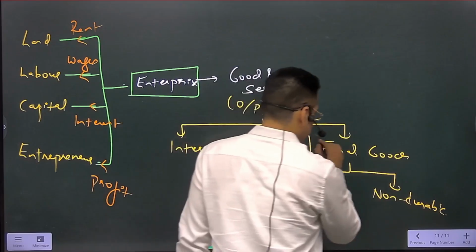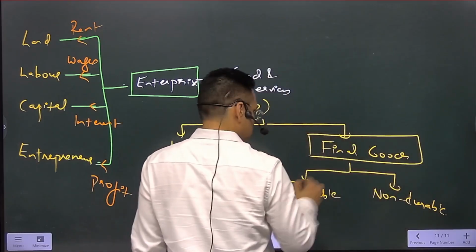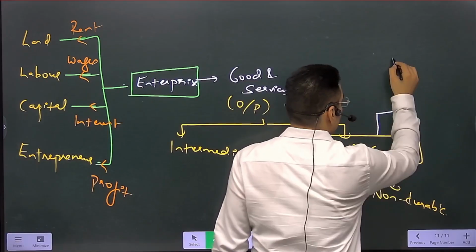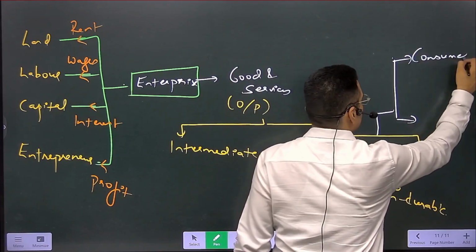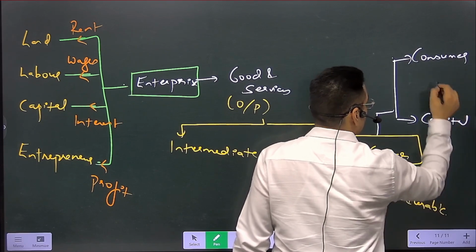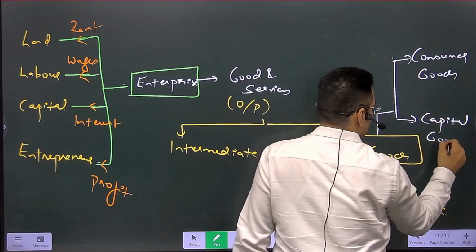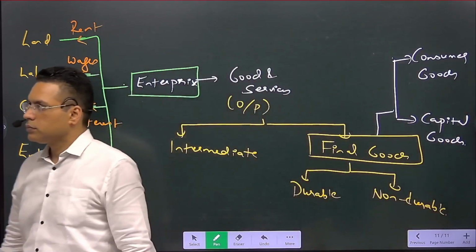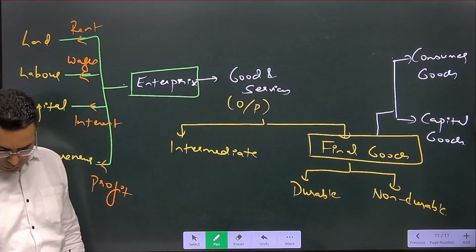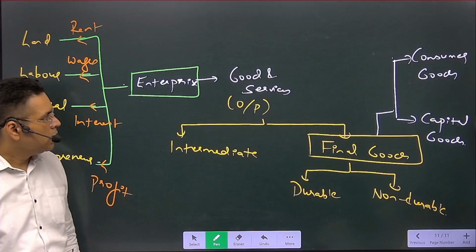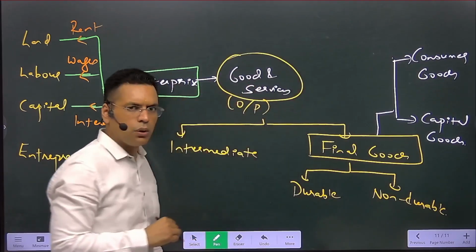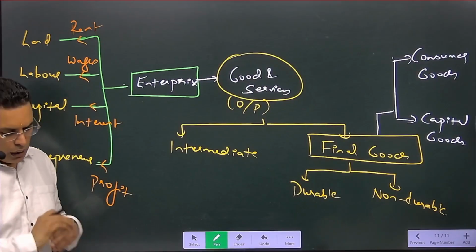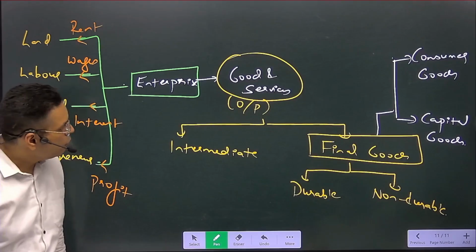Again, in the final good, we can have 2 kind of goods. We have consumer goods and we have capital goods. ठीक है. क्लियर हुआ? वी हैव मर्ज्ड ऑल द डायग्राम्स. अब इस पूरे ओपी इज आउटपुट. सॉरी,